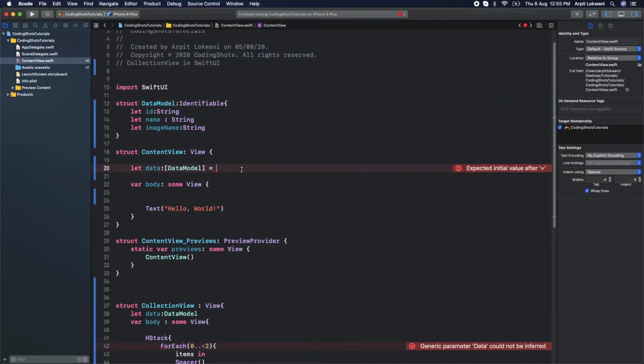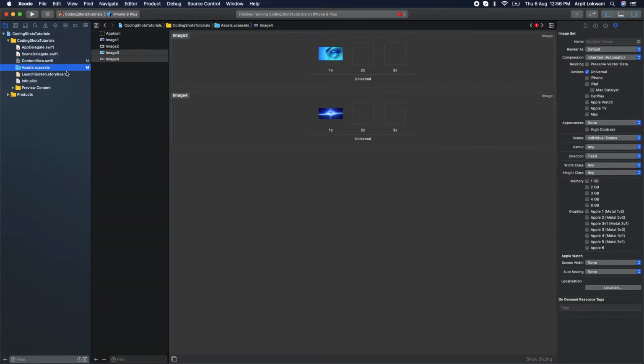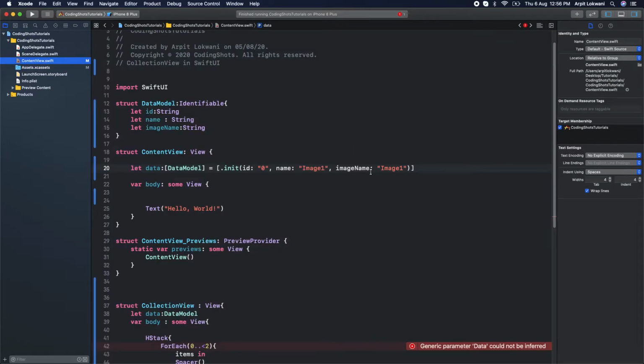So I can say of type of data model, and we can say dot, okay, now ID we can say by default 0, name should be image1, and yeah, string should also be the same image1. If I'm not wrong, if the name is like this, image1 2 3 4, yeah, correct. So we can say image1, image2, okay. So like this we need to initiate the values.